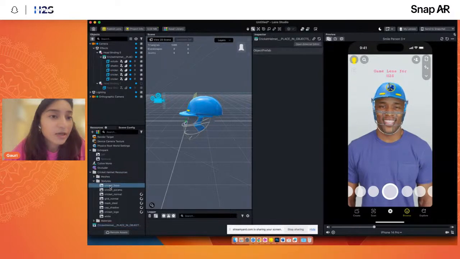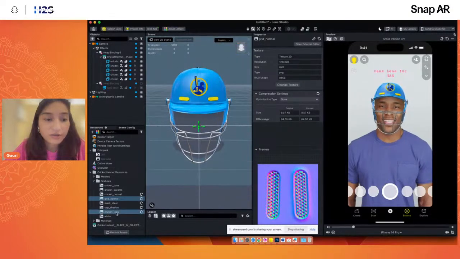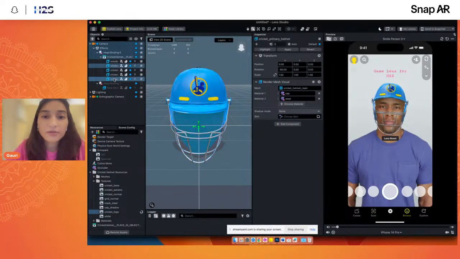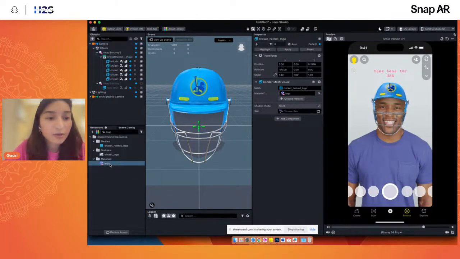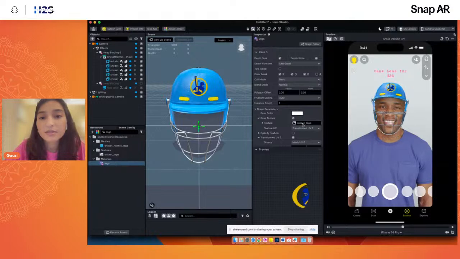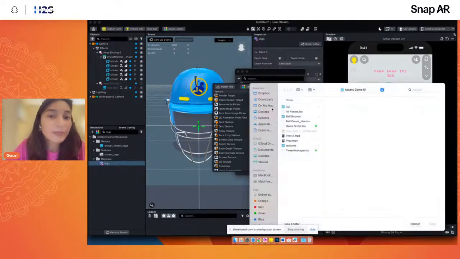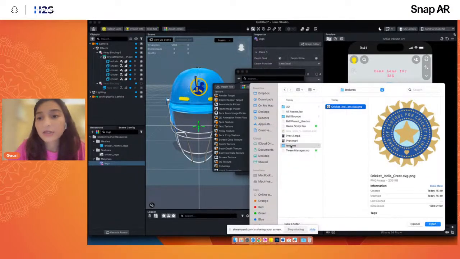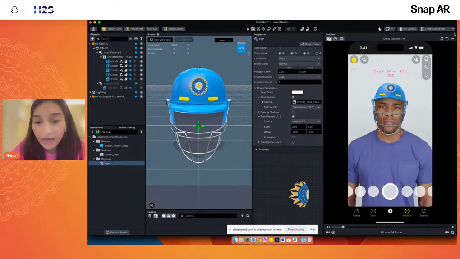Now I want to change the textures of this 3D helmet because this is not the helmet that I want. So we've got over here all of these materials which are present. I'm going to go to where the logo is, and I'll click logo, and I'll uncheck and see over here that this is the image that I want to change, that I don't want this logo to be here. So I'm going to click on the texture over here and click on the plus sign and import the file. I already downloaded some textures from before. So now if we want it for the England cricket team, this is the logo that they have, and it just immediately places it